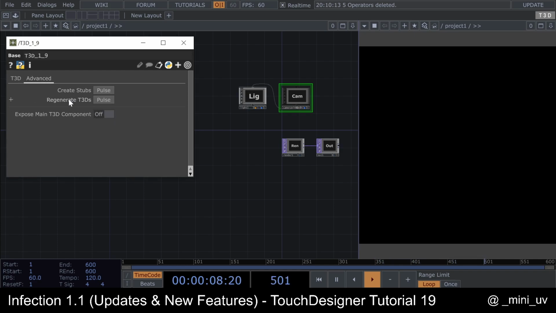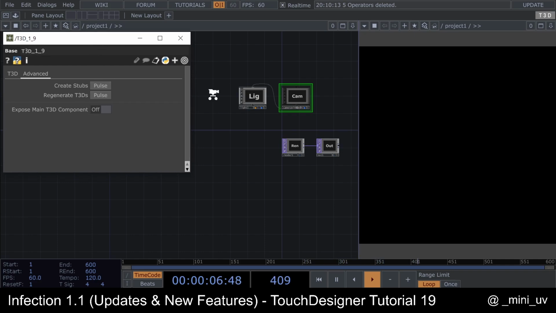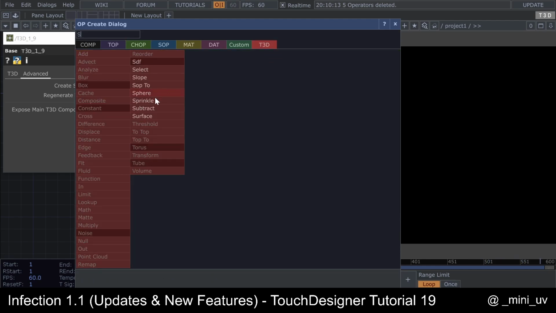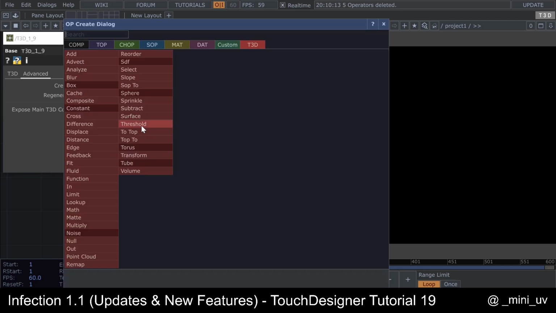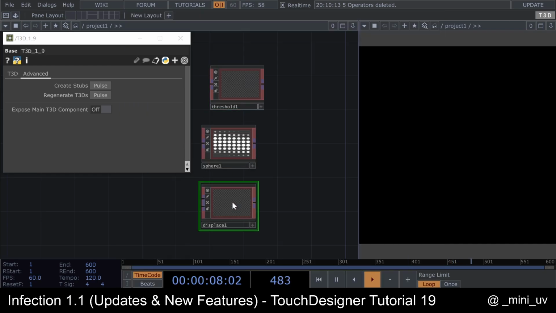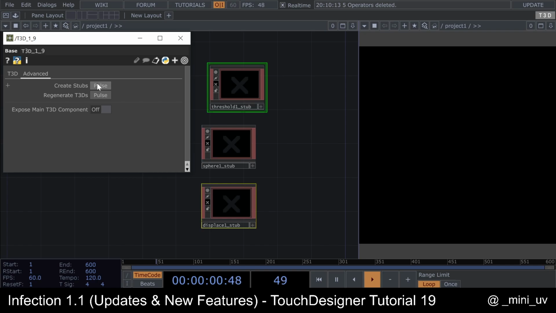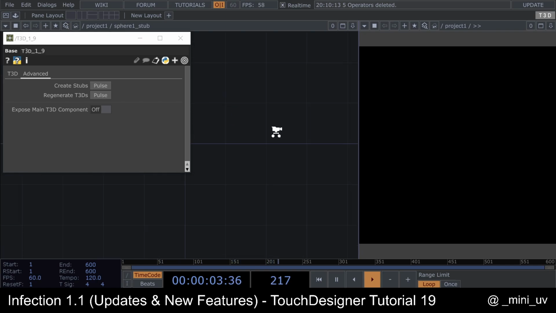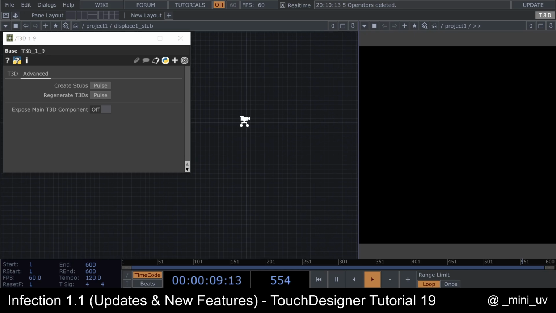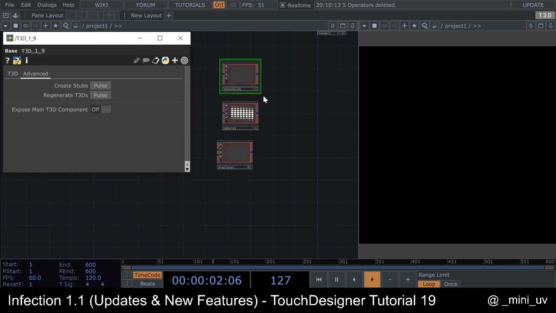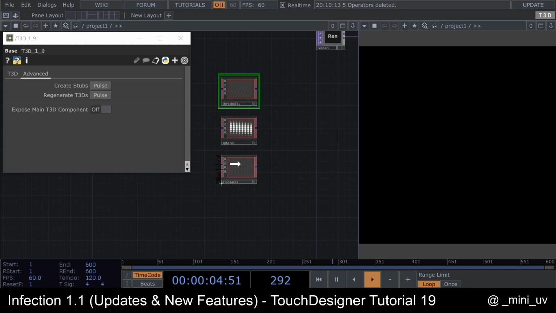And also the advanced option, which creates stubs and regenerates the T3D operators. So for example, I can add a sphere, a threshold and a displace. And when I press create stubs, it's going to basically delete the content inside each of the T3D operators. And if I regenerate it, it's going to regenerate them, which is very exciting news because now